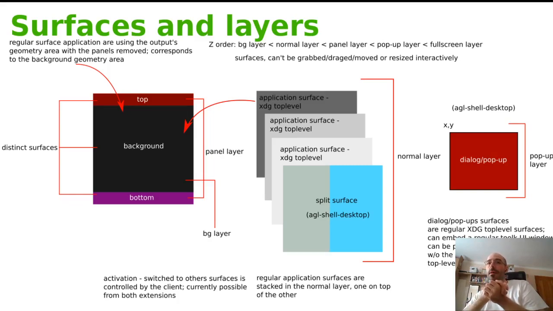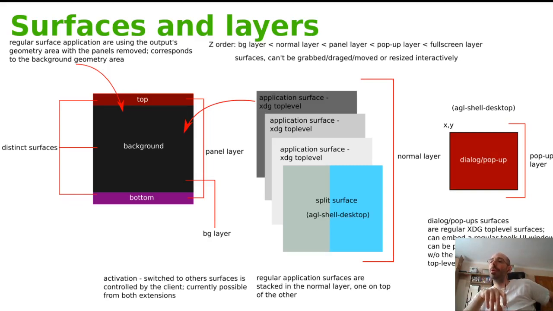So on the left you'll see the HMI with different distinct surfaces, each assigned a different layer, and these layers are similar to the IVI layers, such that they have different stacking positions in terms of their z-axis. Regular applications will be stacked on a layer, one on top of the other, with the private extensions allowing you to switch between these surfaces by removing the current one from the layer list and replacing it with the one desired. So I've also included here the AGL shell